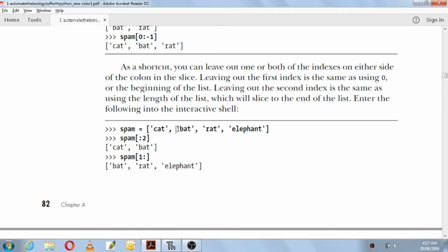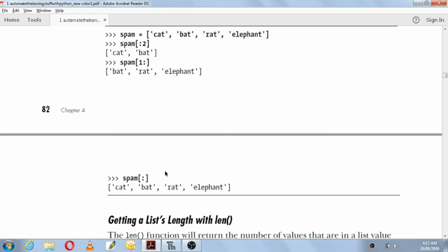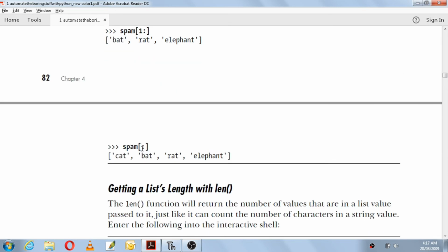Okay, so 1 is what here? Bat, rat and elephant. So it will print bat, rat and elephant. It starts with 1 and goes till the end, so all will be included. When you mention only a colon, it will print all the values of that list, that is cat, bat, rat